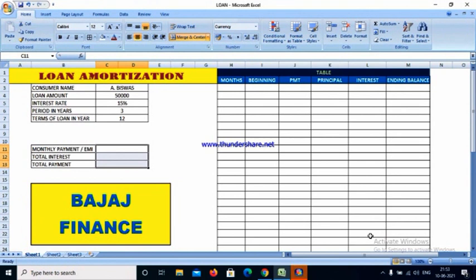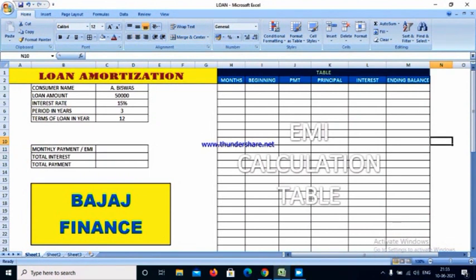Actually, EMI stands for equated monthly installment. It includes repayment of the principal amount and payment of the interest on your loan. Once again, EMI stands for equated monthly installment. Month wise, based on your loan amount with interest, how much amount you need to pay to the organization that provides your loan amount. So this month wise amount or part amount is known as the EMI amount students. Hope you all understood students.